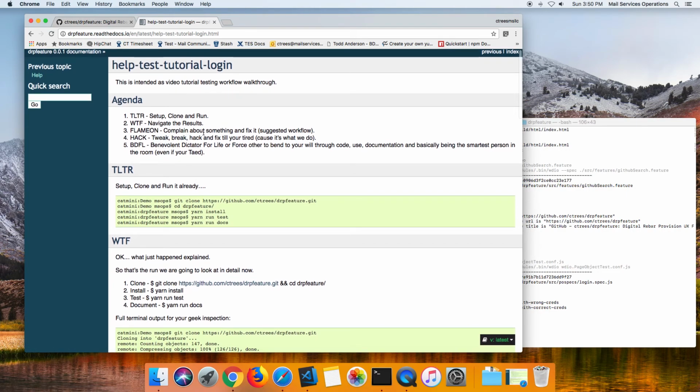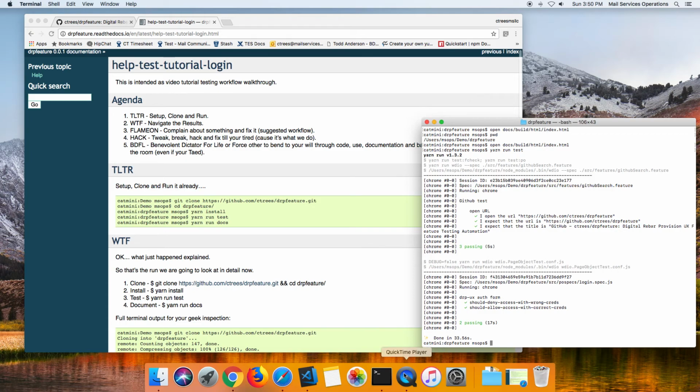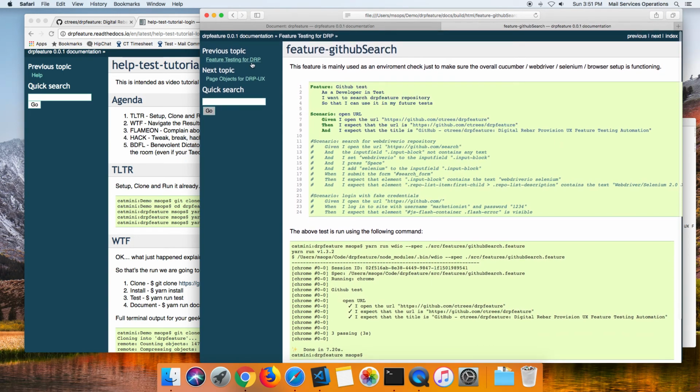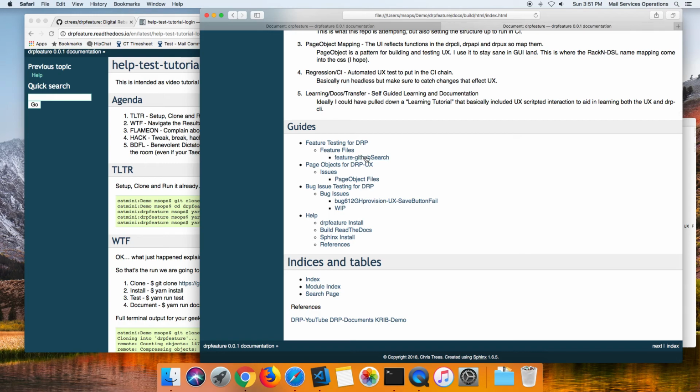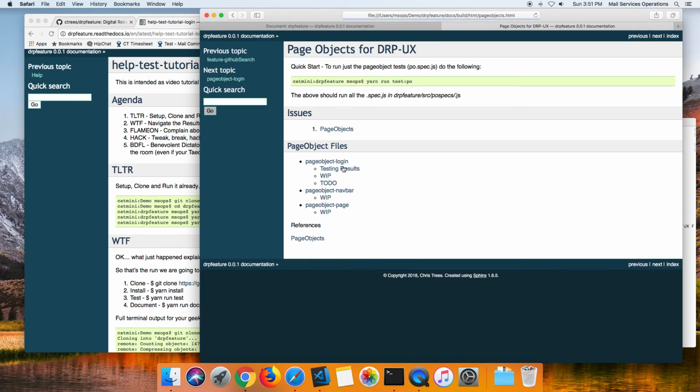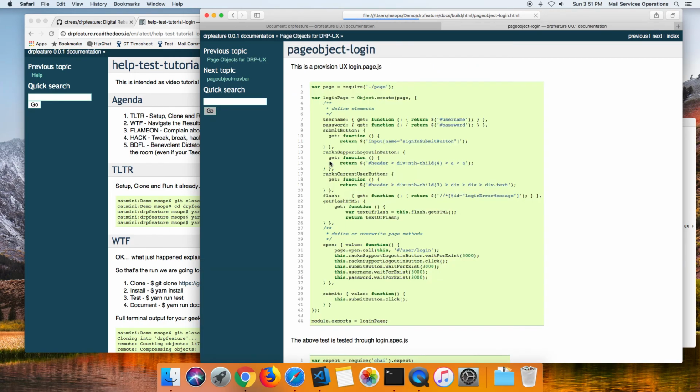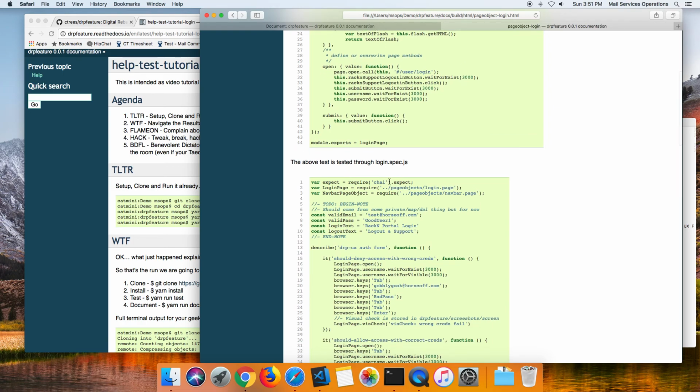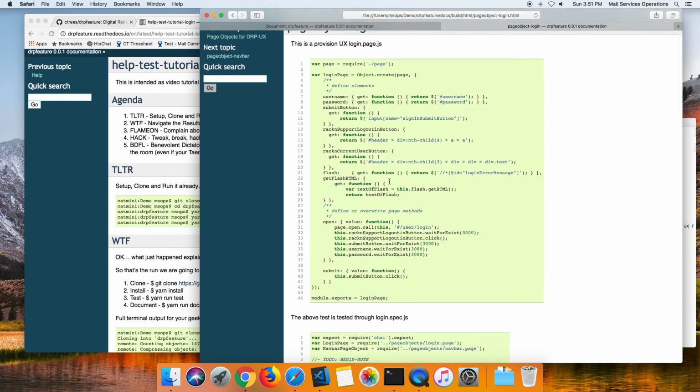So we're trying to complain about something. What I'm going to try to complain about is that in the first video we were talking about the, well, here I think I can do it in the local, which is Safari. If we go to the actual feature test, oh sorry, the page object test. There's the page object login test, which is what I was working on. And in it, if you look at what's happening, basically this is the page object, and it creates the structures that should be on the page. So that's password submit, and this is actually where I'm having issues,